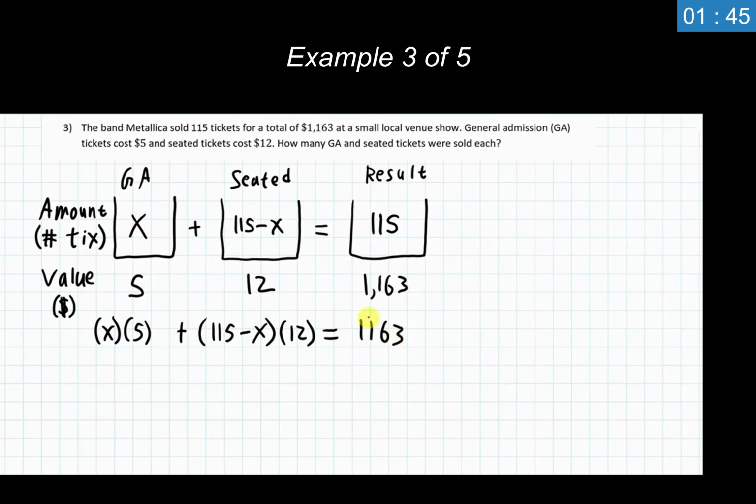And remember, whenever we are working with values, specifically with dollar amounts or just values in general, we are not multiplying the amount, the resulting amount, times the resulting value. We just use the resulting value here. So amount times value for the first thing plus amount times value for the second thing equals just the resulting total. And from here, we're just going to solve this like we have all the problems we did in Chapter 2.